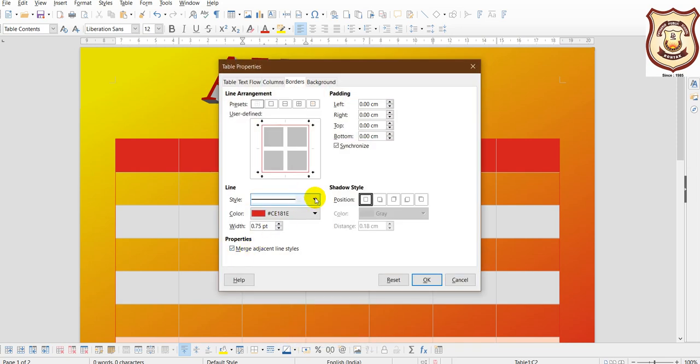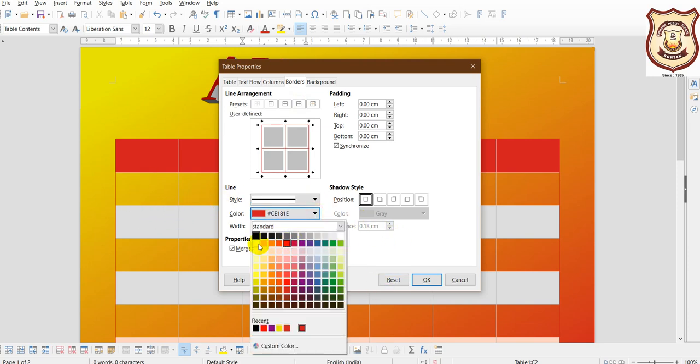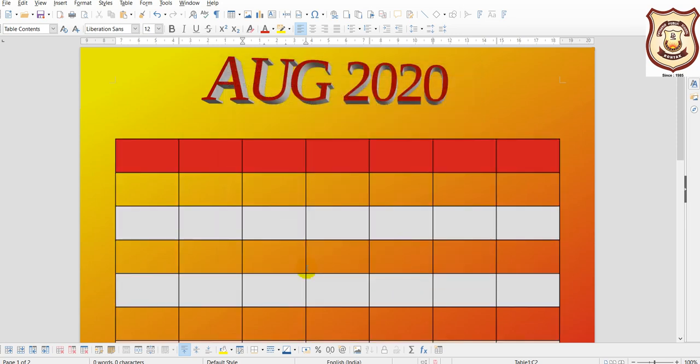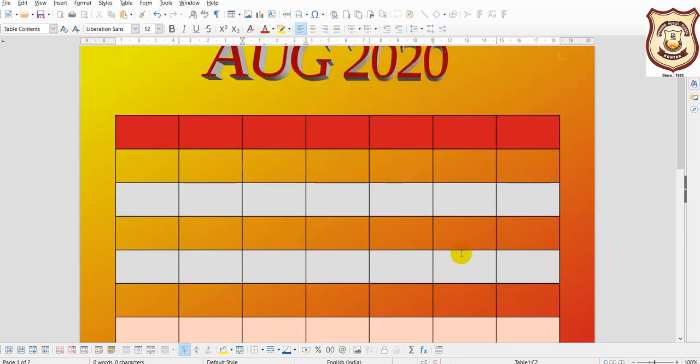Okay, then we may select the border. Okay, we want to darken the border actually, but the color should be black. Okay, thickness we can increase a little bit, and then click on OK. So the border is there, that is giving it a beautiful look.